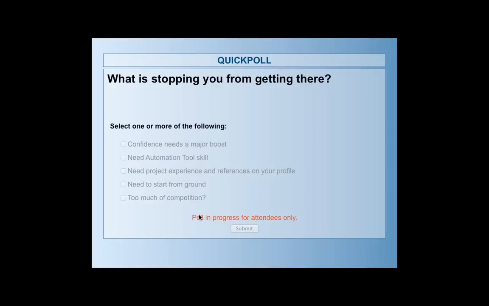What is stopping you from getting to that goal? For example, 44% of you are saying that you're still working in QA, you have a good job, but you're looking for something better. Absolutely. But do we have a timeline to it? Do we know that in 6 months I'm going to do it? 1 year I'm going to get there? 2 years I'm going to get there? Are we able to dream of an ideal day at work, saying that this is my dream job, this is where I want to go? Primarily, the fact that sometimes we have to achieve it, right? How long will we keep on trying it?